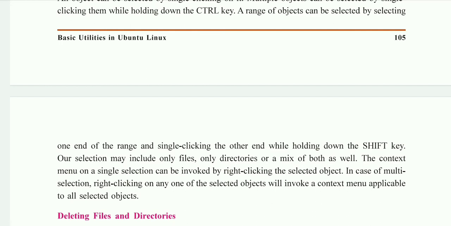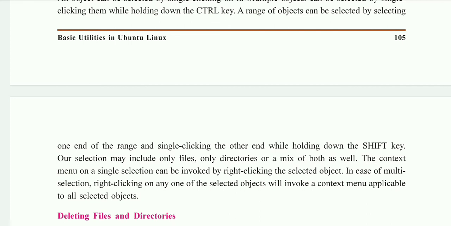Our selection may include only files, only directories, or a mix of both. Whatever you are selecting, all of it is included. If only files are there, that's okay. If only directories are there, that's okay. And if a mixture of both is there, that's also okay. All the things will be selected together.